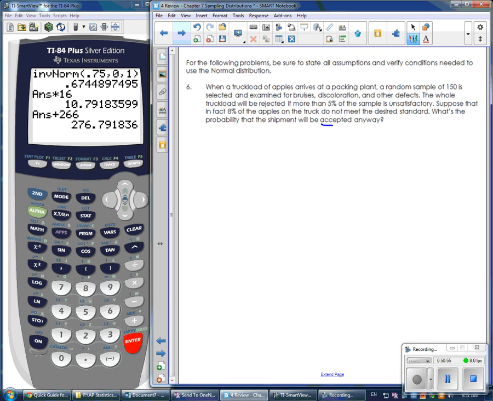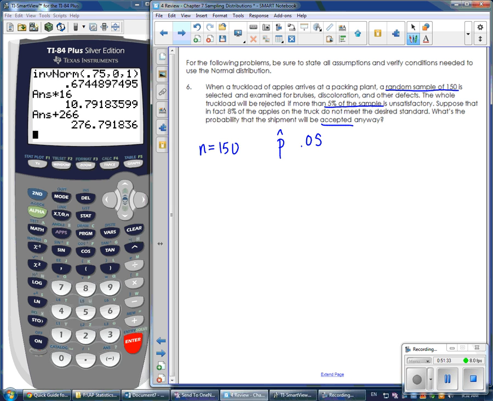Okay, so this is one that you really have to read and understand all the information that you're given. So it says a random sample of 150 is to be selected. So that's our n value. It says the whole truckload will be rejected if more than 5% of the sample. So that corresponds to my p hat. P hat is going to be that 5%. Make sure you write it as 0.05 and not 0.5. And so it says the whole lot will be rejected if more than 5%